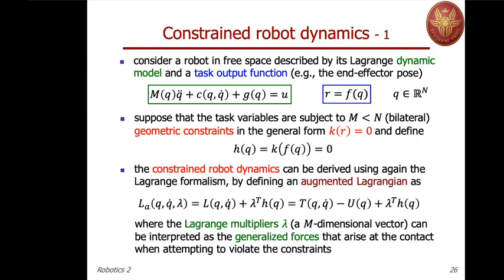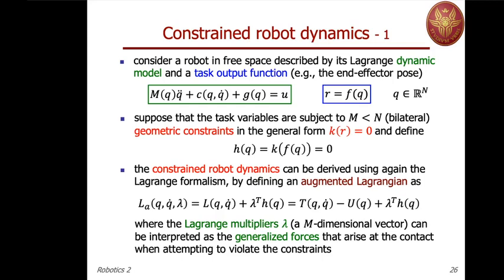Now, in order to derive the robot dynamics under this constraint h of q equal to 0, which is an m-dimensional one on the n-dimensional degrees of freedom of the robot, we will use again the Lagrangian formalism. And in this case, we define an augmented Lagrangian, which is simply the original Lagrangian, so the difference between the kinetic energy and the potential energy of our robot,